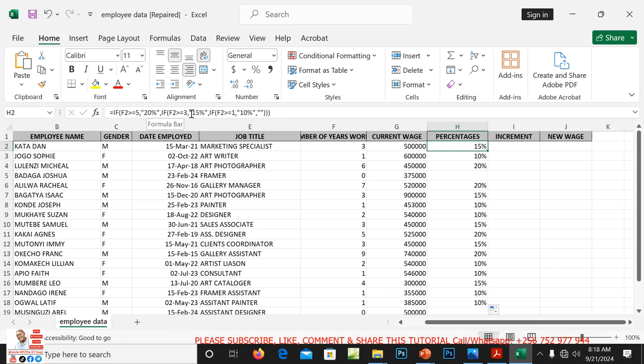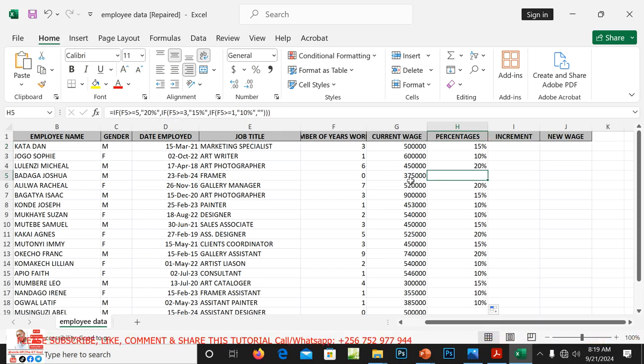If a person has worked for 3 years or more, 15%. If a person has worked for exactly 1 year or above, then this person gets 10%. Those who have worked for less than 1 year don't have any increment.